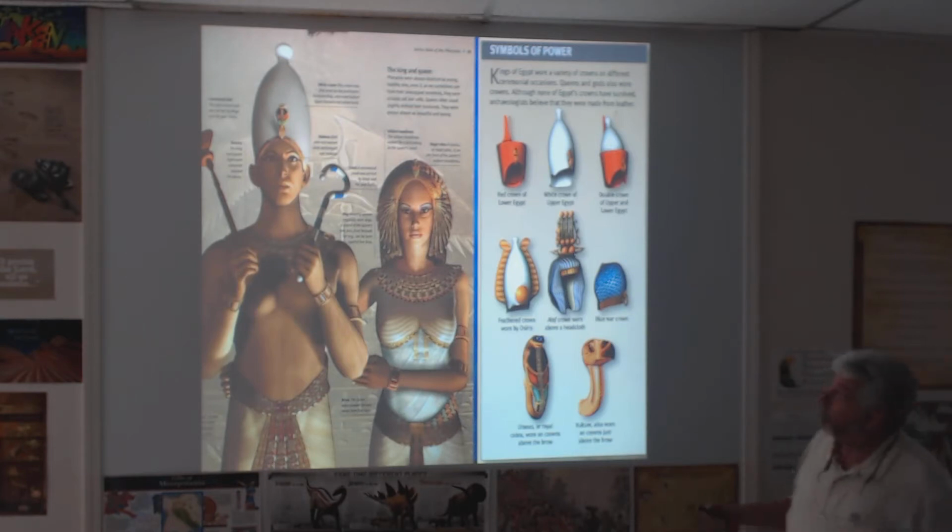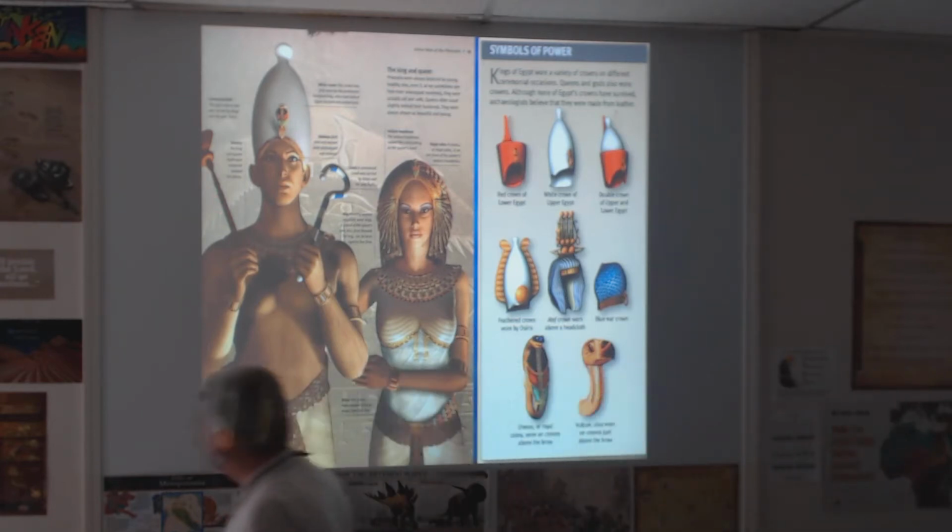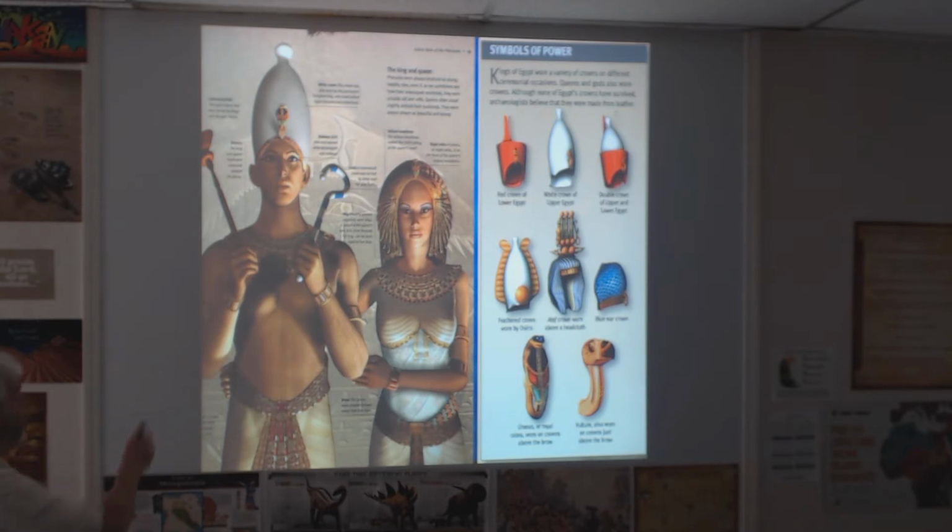Here is a picture of a pharaoh wearing his white crown, and you can see he has both a, what are they calling that, a flail. So you can't see on the end of it, there would be pieces of leather or something sticking out there that you would hit somebody. So that side is the punishment, and then he has this side, which is like a shepherd's crook. That indicates that he's the shepherd of his people. And we'll see if we can figure out where that came from. Let's see, what else do we have here?